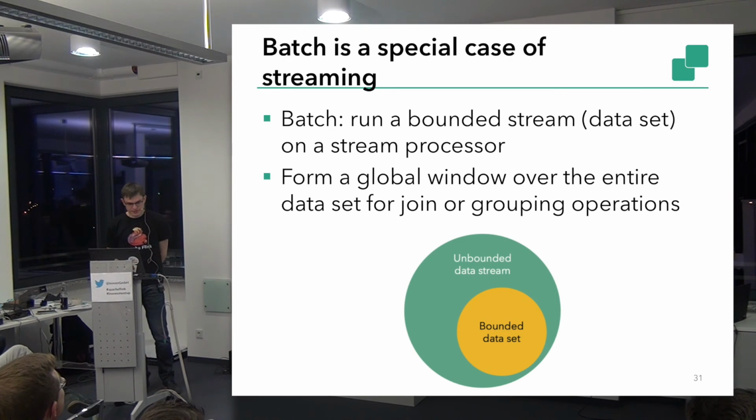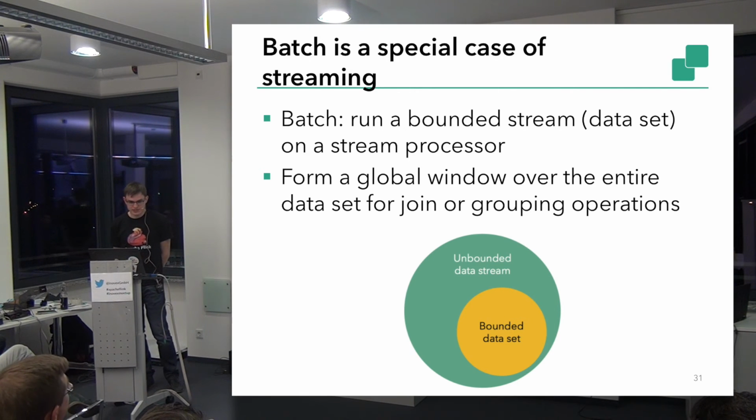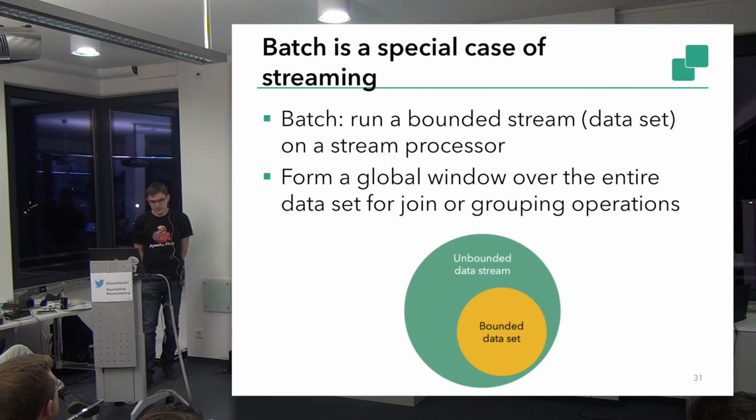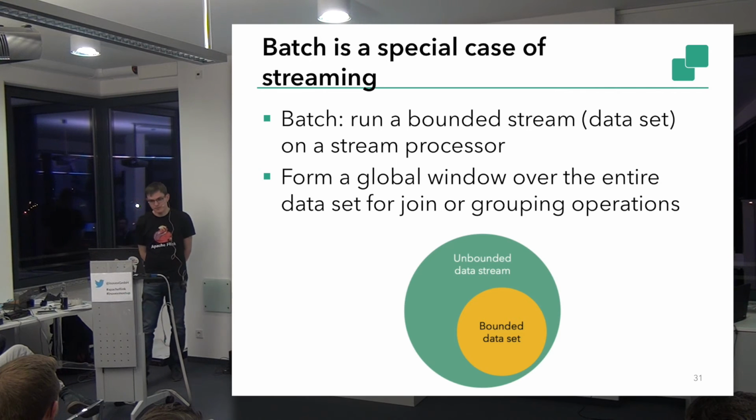And as I said already, you can do batch use cases on a streaming engine, because we can just have some more assumptions about the data when we know it's a batch use case. Because in batch jobs the data is bounded. We know that the stream ends at some point.